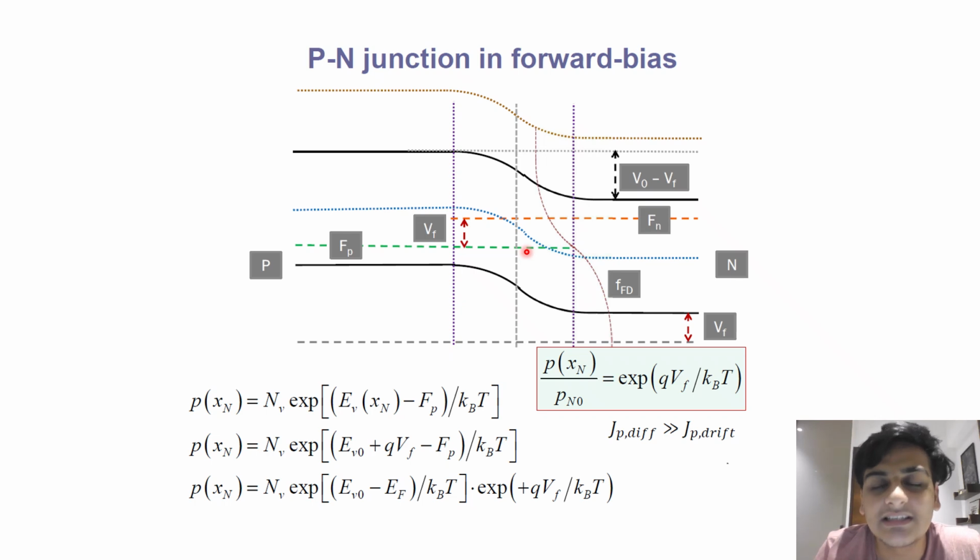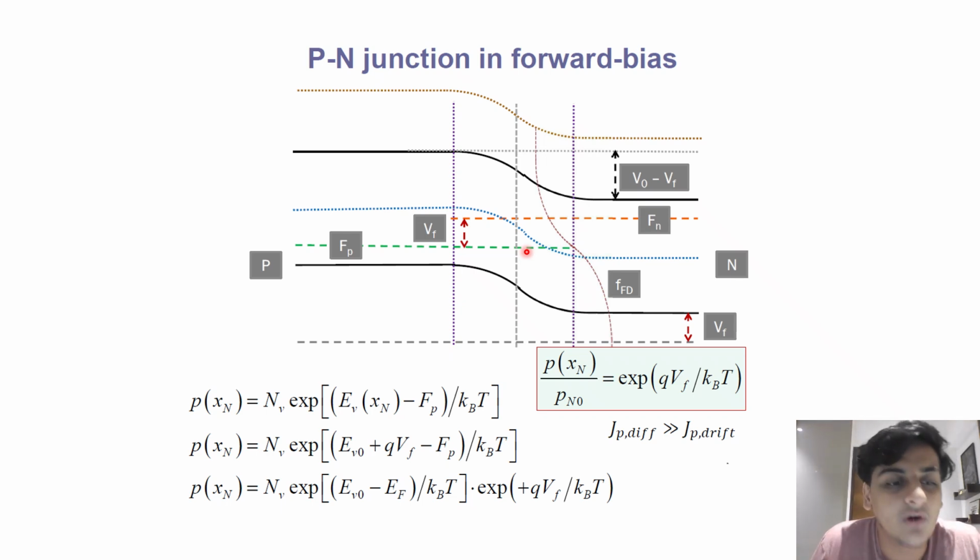So what this essentially leads to is that we can treat the electrons separately in the conduction band as if they were in equilibrium, and we can treat the holes separately in the valence band as if they are in equilibrium. Which is why we have a separate Fermi level for the electrons and the holes. And if we keep this difference between these Fermi levels as exactly the forward voltage that we are applying, we